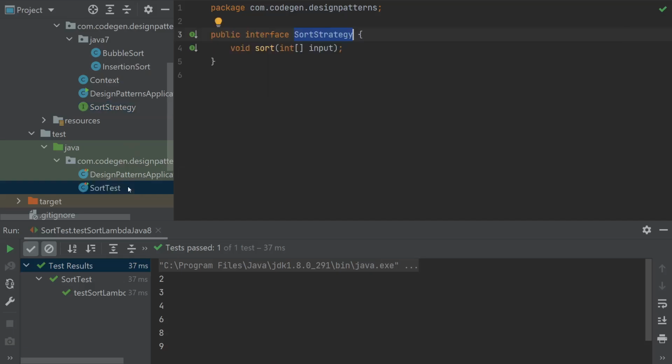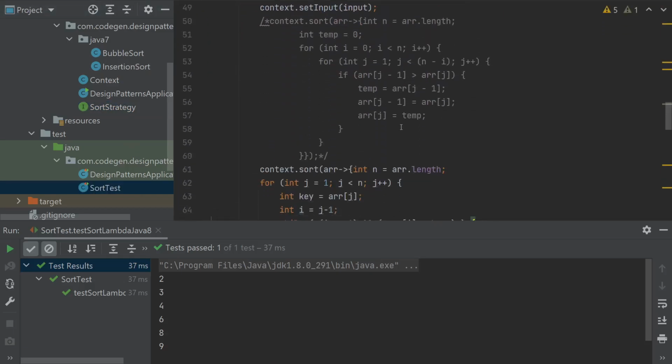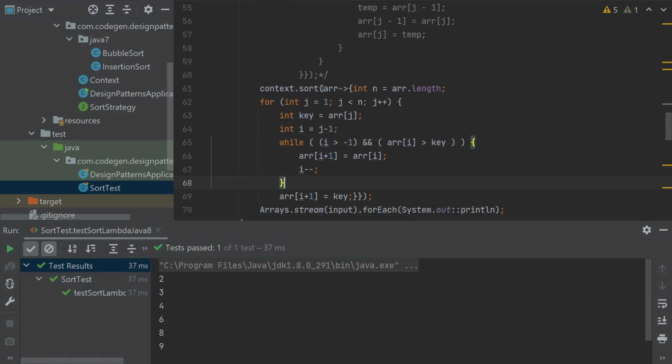In the previous example, we are passing a lambda expression as a parameter, because the sort method accepts SortStrategy, which is a functional interface.